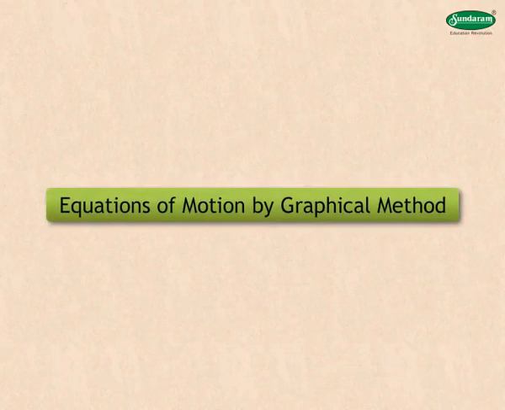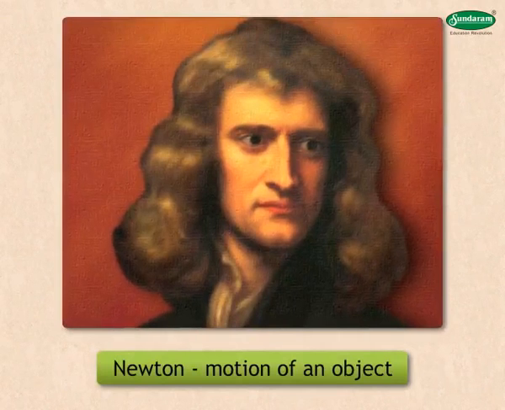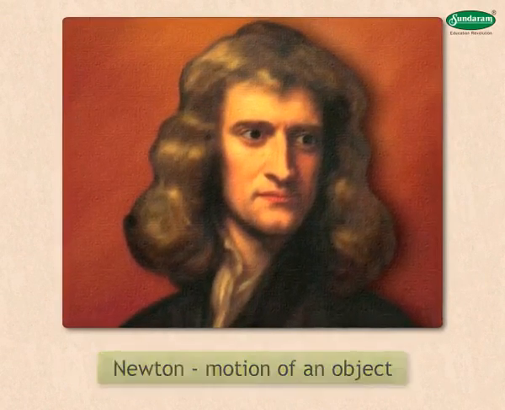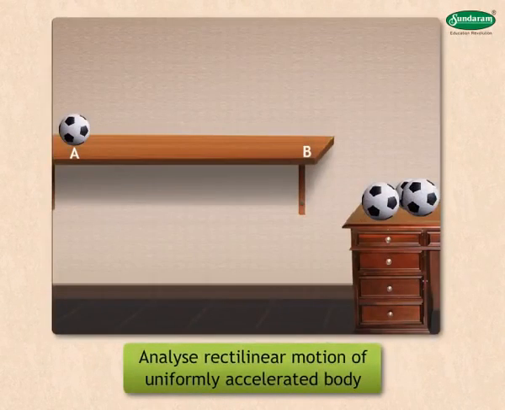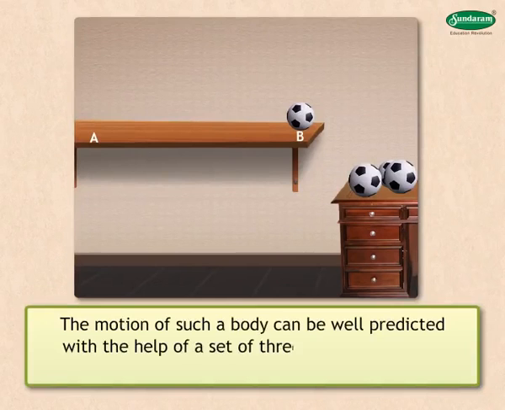Equations of motion by graphical method. Motion of an object was studied by Newton and then it was summarized in a set of equations of motion. The equations analyze rectilinear motion of a uniformly accelerated body. The motion of such a body can be well predicted with the help of a set of three equations called